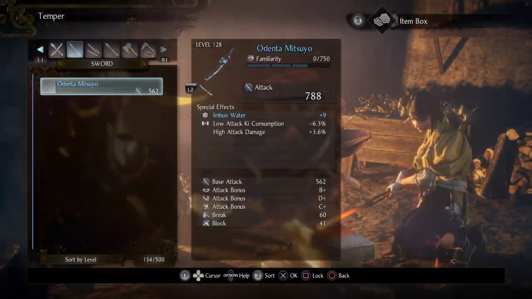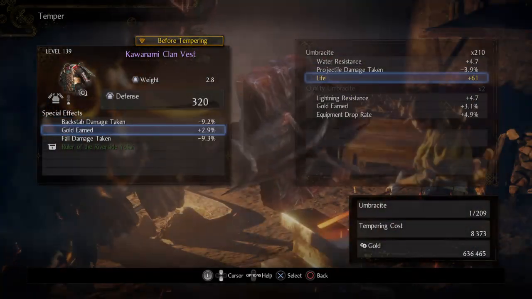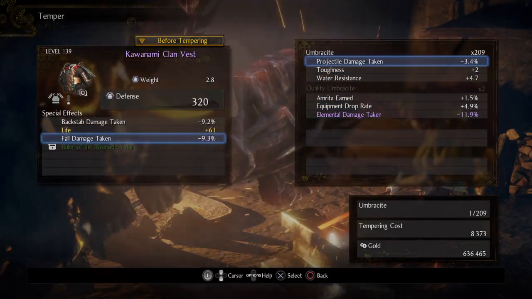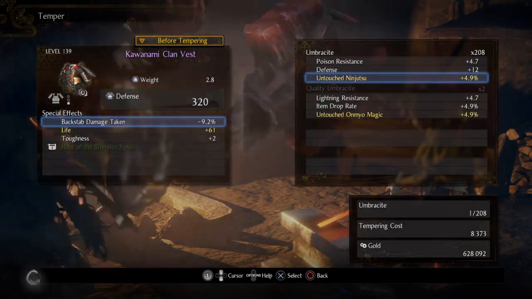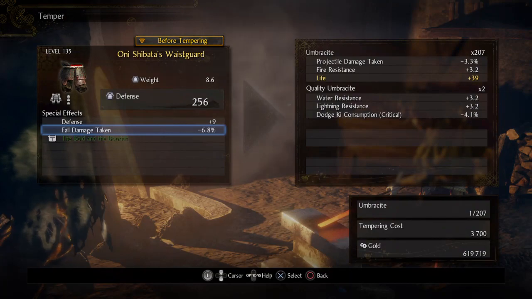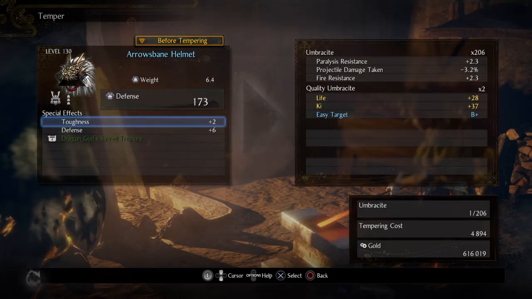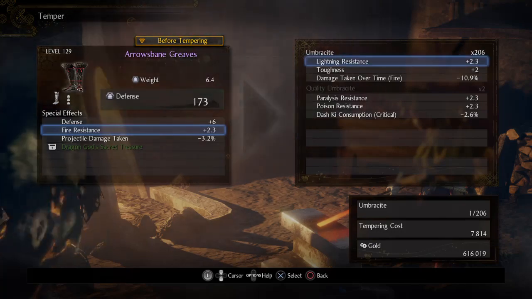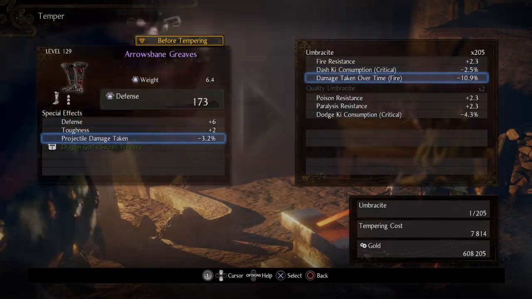Just, you know, get some armor going, get some defense going. Ooh, flat life, hell yeah. Toughness. Elemental damage taken is nice, but it's not worth the quality Umbracite. Untouched ninjutsu is not bad. Defense is better, in my opinion. I'm used to spending ninjutsu. Toughness and defense is not bad. Defense, fire resist. Let's do toughness over that. Fire resist is kind of nice, but...